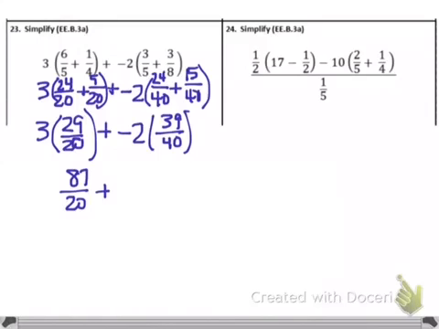So I'm going to take the negative 2 and multiply it by the 39/40. At that point, I'm going to get a negative number because I have a negative times a positive, and that is going to be a negative, and you're going to end up with 78/40. Now again, all I'm doing right now, even though my numbers are large, all I'm doing is adding these two fractions, which means I have to have common denominators. So I'll change